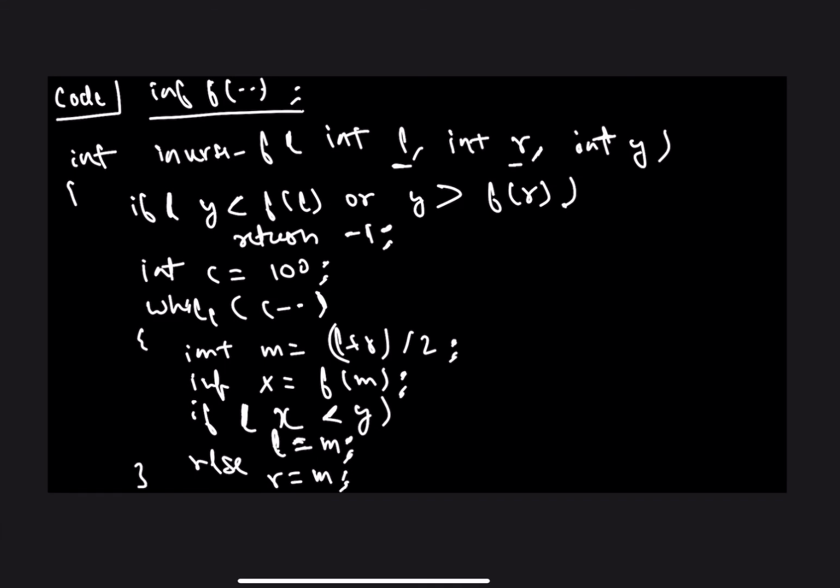All right, and at the end of these entire iterations, after breaking out of the loop, you can return the value of L. You can even return R, or you can return (L plus R) by 2. It won't really make much of a difference. And this L is something that is very close to our final answer, and that's all. We are done with the function. So I hope that you guys got the gist of the algorithm, how we use binary search to find the inverse of a monotonic function.